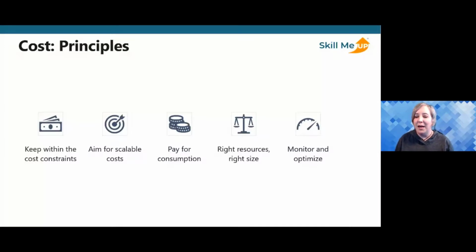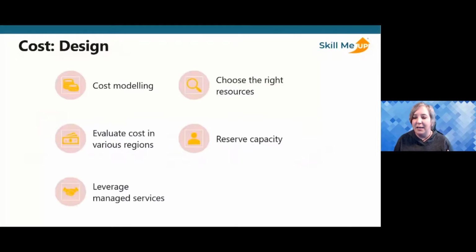So just know that when you're evaluating cost and say you're figuring out cost modeling, you're choosing the right resources, you're evaluating cost in various regions. You're reserving capacity where you need it. It's not just VMs. You could reserve capacity for storage. This all helps reduce OpEx cost, helps you plan out what that month by month is going to look like. You could use managed services, so anything that doesn't really require you to care and feed. So that could be something like anything in the PaaS layer, right? So think of managed services as those type of services where you're not having to manage outright.